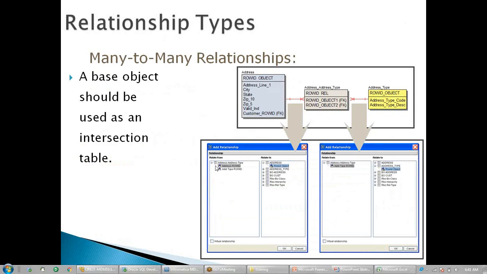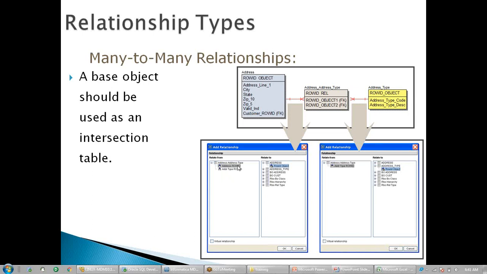If you see this add relationship here, to configure this relationship I need to go to this table, address type, which is my relationship table, and click on add relationship. It shows me both the columns, the address row ID and the address type row ID. Usually we use the convention address row ID, or you can use row ID address. This is just to tell that this is a foreign key column which stores the row ID object of the parent table. That's the naming convention we use to identify a foreign key column. It's not mandatory, but generally this is the convention used.